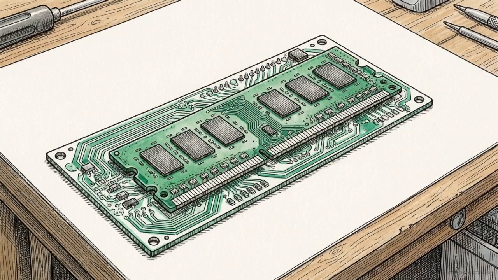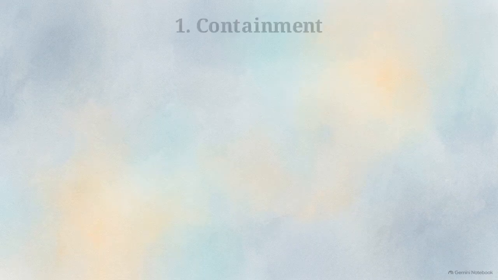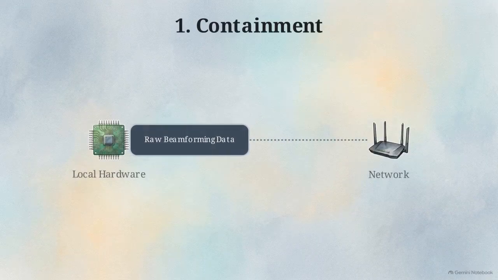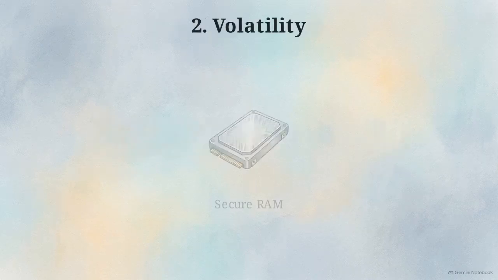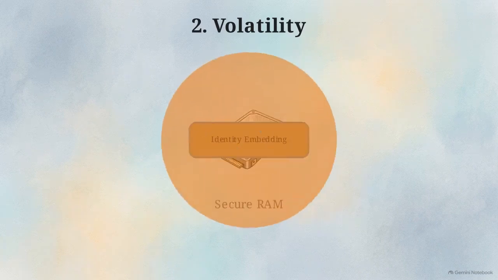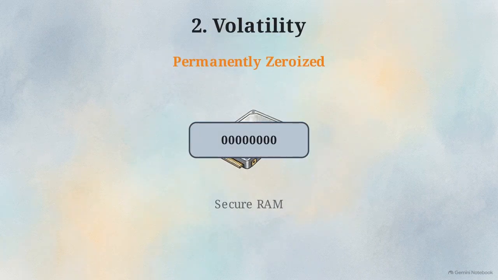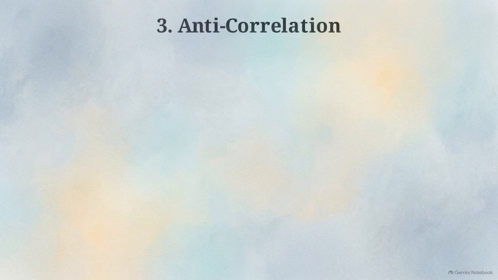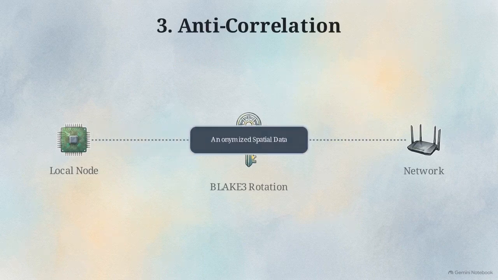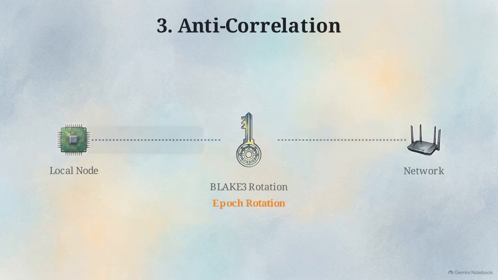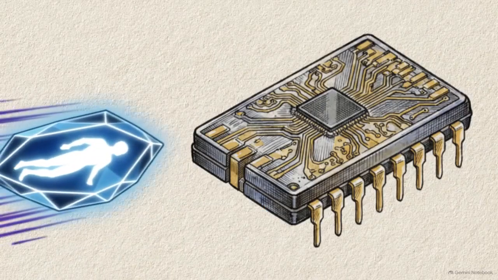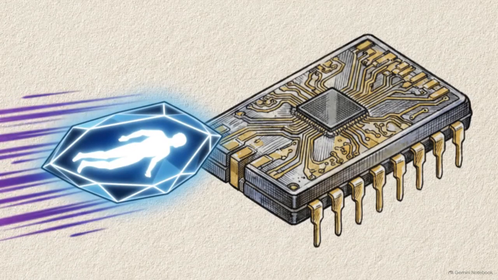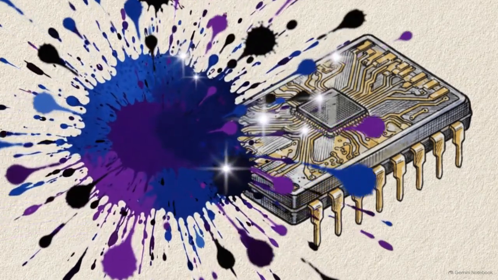Rather than relying on corporate policy, it enforces strict physical memory hygiene to lock down the data. First, containment. Explicit type system errors block network egress functions from passing raw physical data. Second, volatility. Identity embeddings lack serialization, locked in RAM and permanently zeroized upon dropping. Third, anti-correlation. A daily rotating Blake-3 keyed hash mathematically neutralizes cross-site tracking, severing surveillance links. Ethical spatial computing requires biometric identity data to be structurally incapable of surviving beyond the silicon of the extreme edge